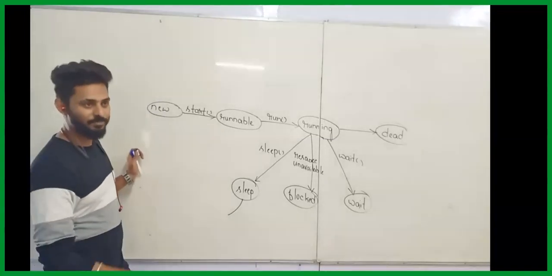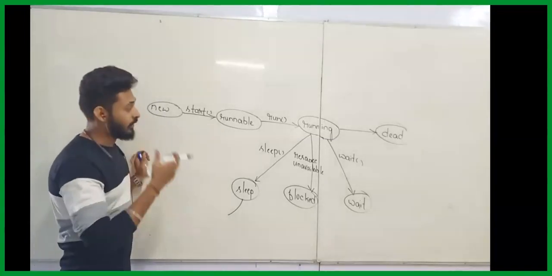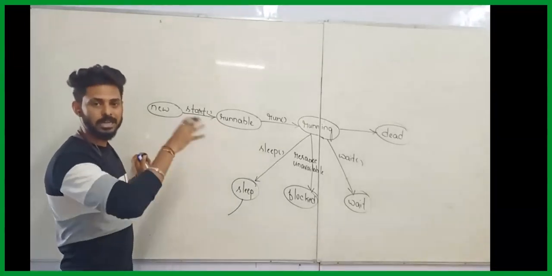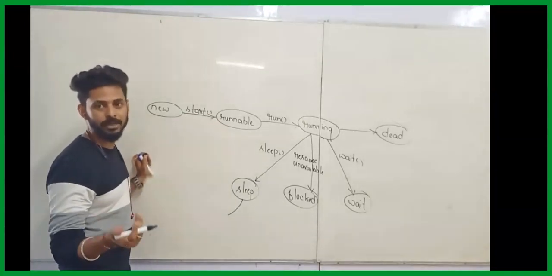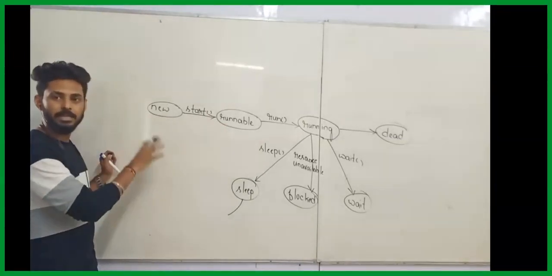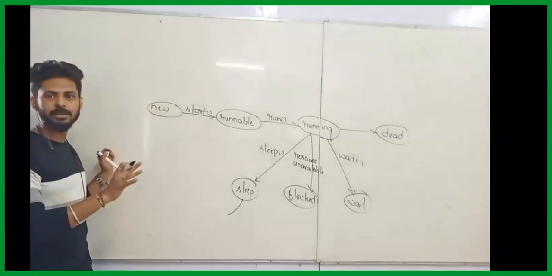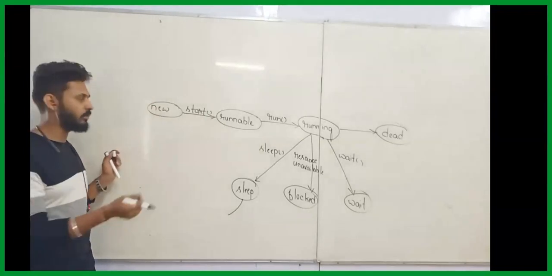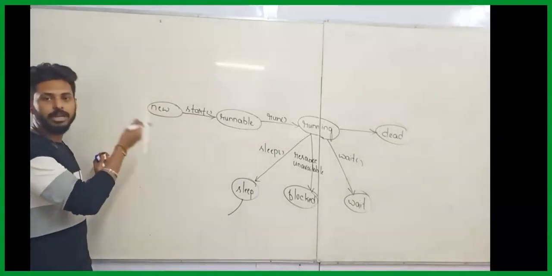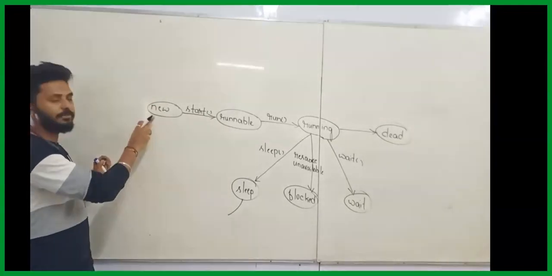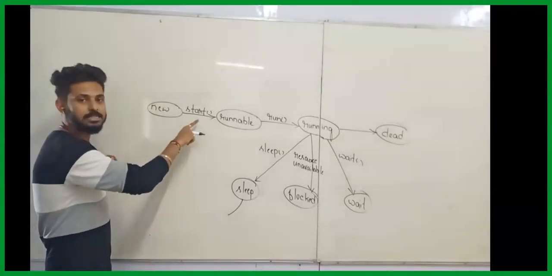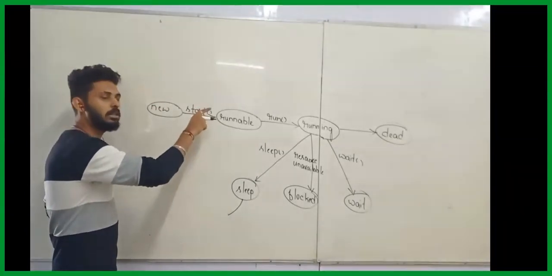See here, I'll tell you what exactly your runnable state is. If you want to understand this process, I'll take one example. Okay, please listen carefully. New state is like I'm creating multiple threads. Assume that 3 threads I'm creating. Anyways, in next example, you'll get to know. For now, just listen. New state is like whenever you create multiple threads, they will be in new state. And for all those threads, you will call start method, because of which all those threads will come